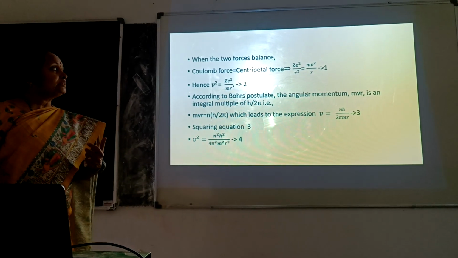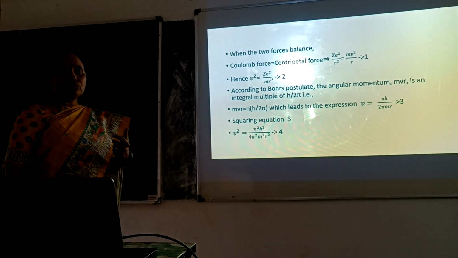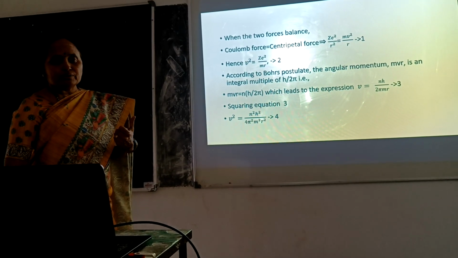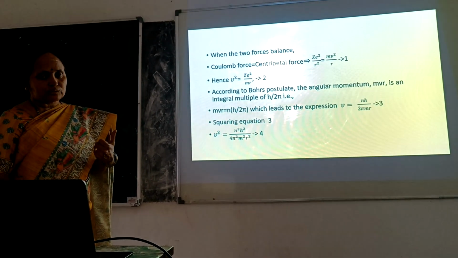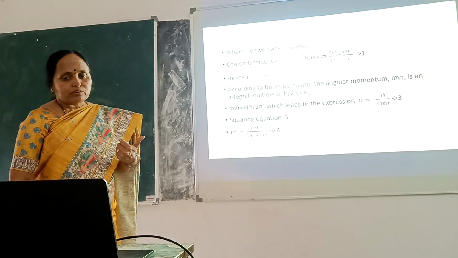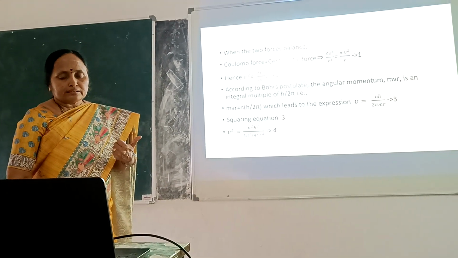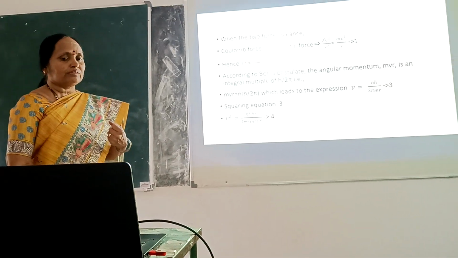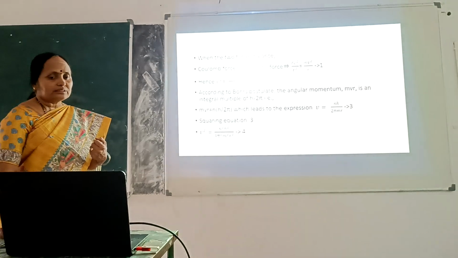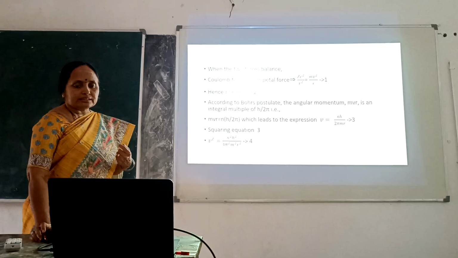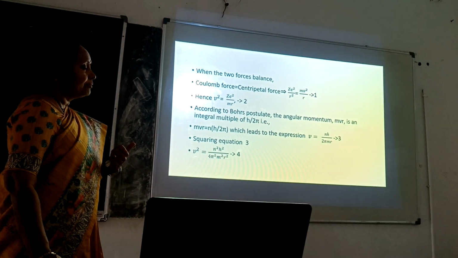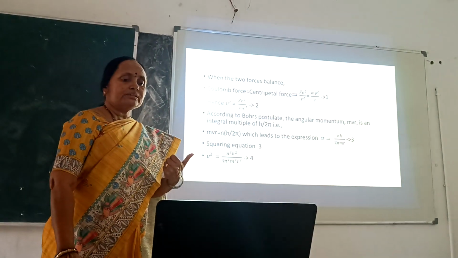When the two forces balance, that is the Coulombic force, the centripetal force, given as Ze squared by r squared, is equal to the centrifugal force, mv squared by r. I am going to number this as equation 1. Now from this expression, v squared will be given as Ze squared by mr. But we know according to the postulate,